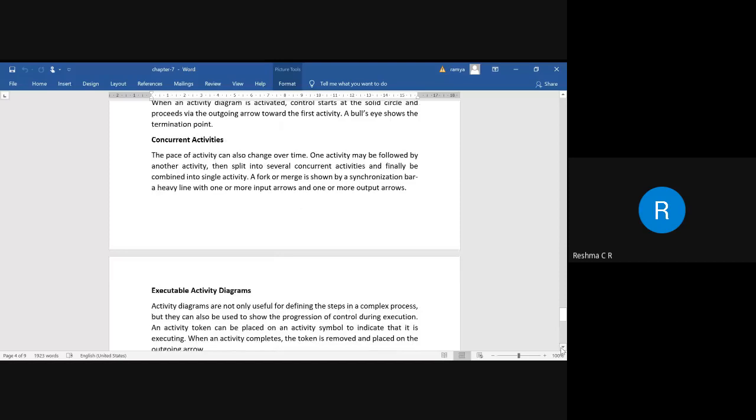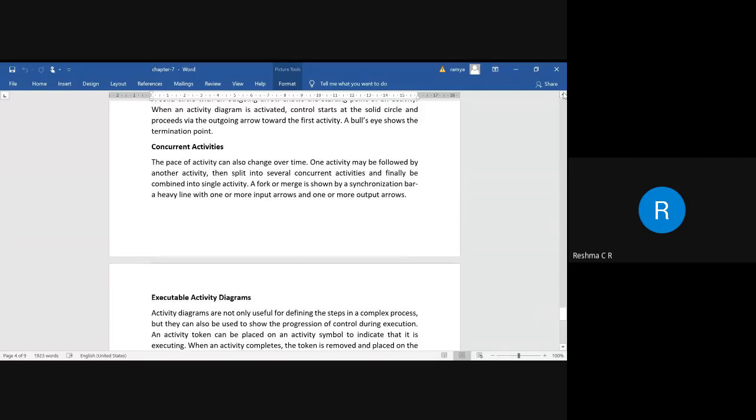So next we have concurrent activities. When we want to represent two or more activities that are independent of each other and have to run, then we use a fork. That fork is represented with a heavy synchronization bar. That can be seen here in the diagram.